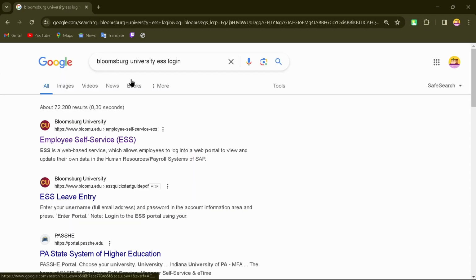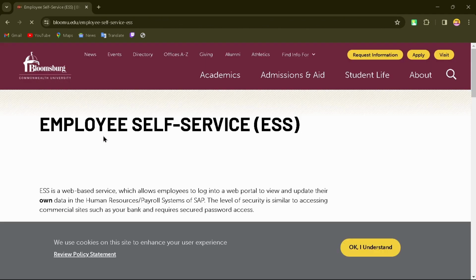After searching for this option, you'll come up to this page, and from here what you can do is just tap on the first option, which is Employee Self-Service ESS, from Bloomsburg University. After tapping on that option, you'll come up to this website, and from here what you can do is